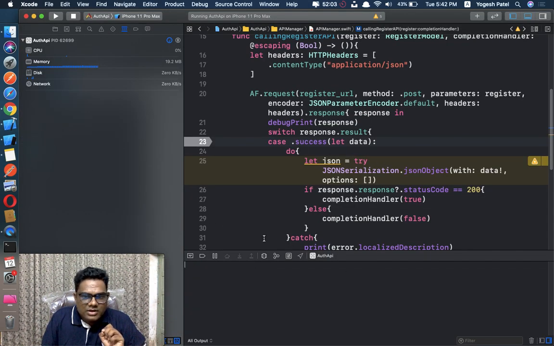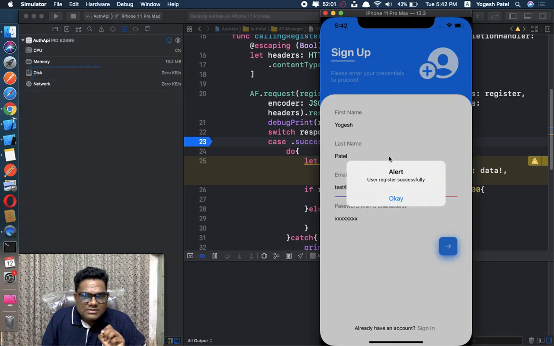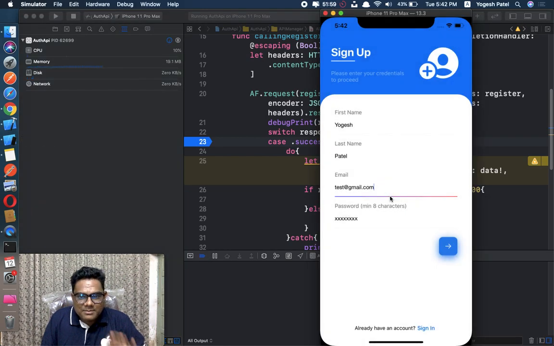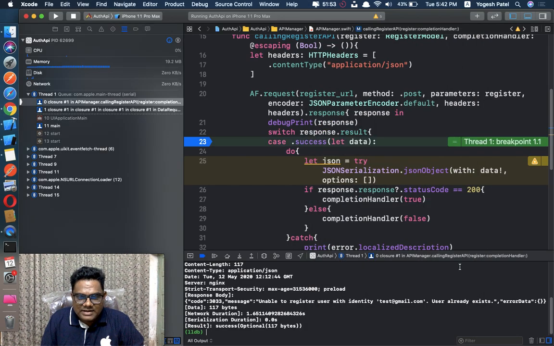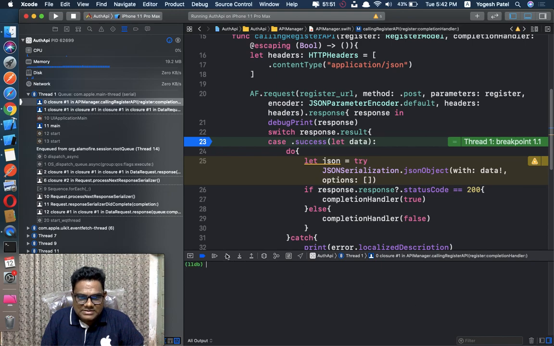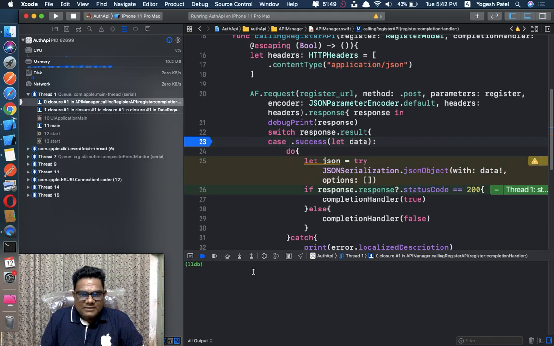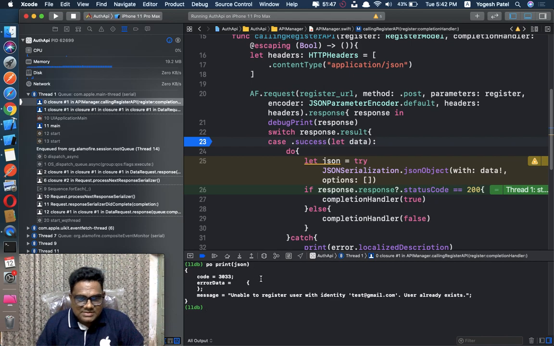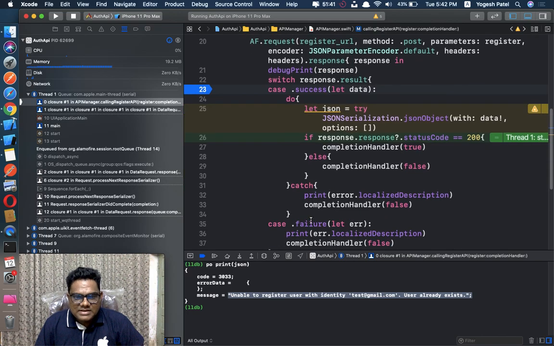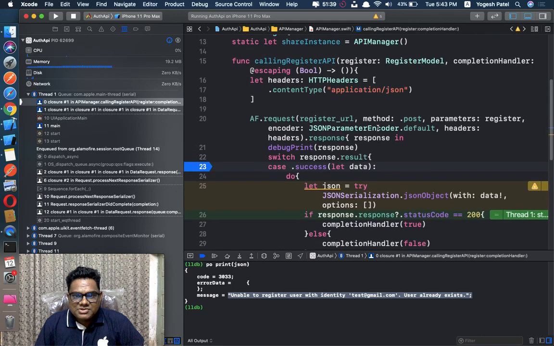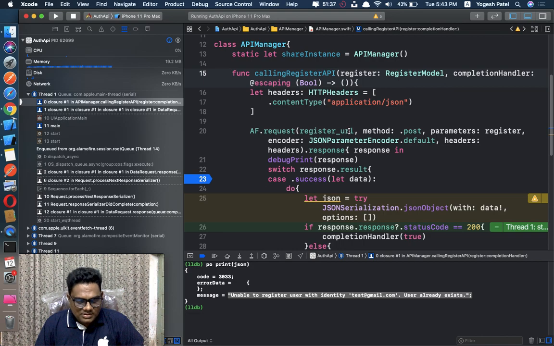Let's try one more time. So I will give you one simple task. We have already registered test@gmail, so I need an error for user registration already exists. If you see here in the JSON, you have to get this message only. Okay guys, you have to just get the message and pass a string here, boolean comma string.